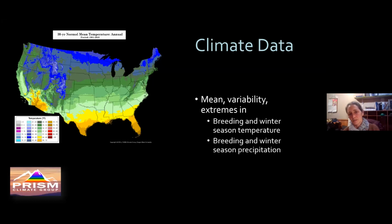Some of our birds are here year-round. Most of them leave, but there are a handful that are present. So we were interested in both the breeding season and the winter. And we extracted information on average conditions, but also on variation and extremes. And the reason for that is because when I started doing this work and looking into the literature,